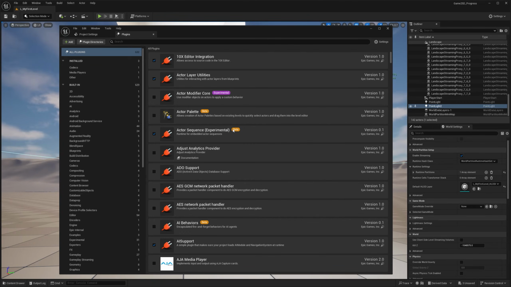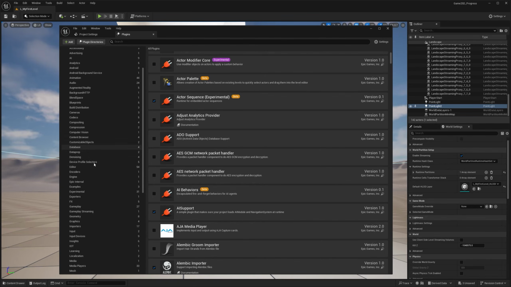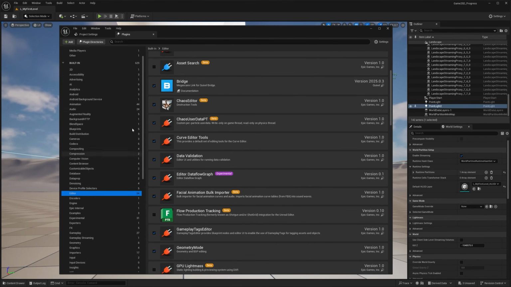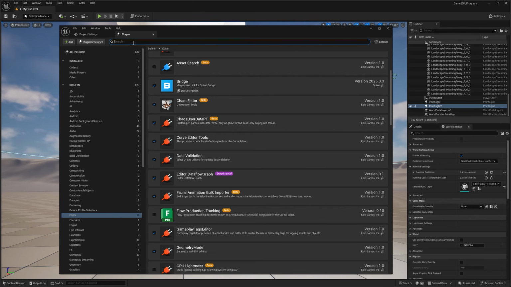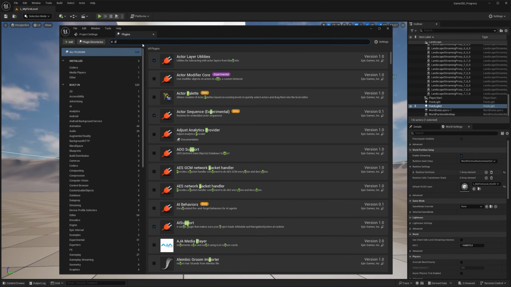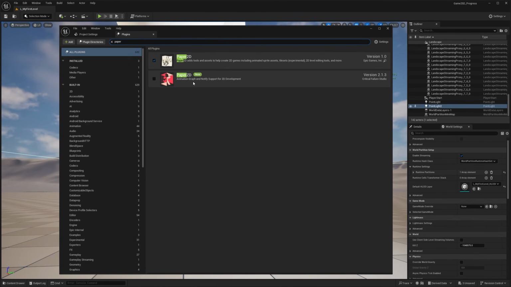You can create your own plugins, but by default, Epic comes with 632. Okay, 629 built in, and some other stuff that I personally added on top, including our PaperZD. The way it works is that Epic allows you to go through this list, and maybe I need something for the editor, and you can just go here and take a look at everything that it has available for you. Maybe I want, for example, my PaperZD. Whoops, it needs to be in all plugins. There you go. Paper 2D is the default vanilla version, and the PaperZD was the plugin that we installed. We actually use both of them.